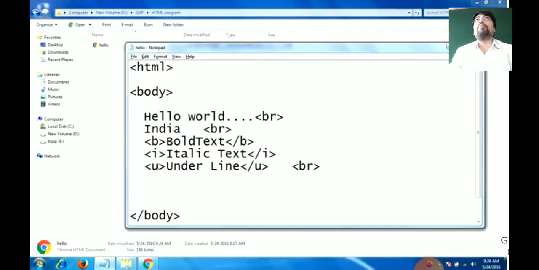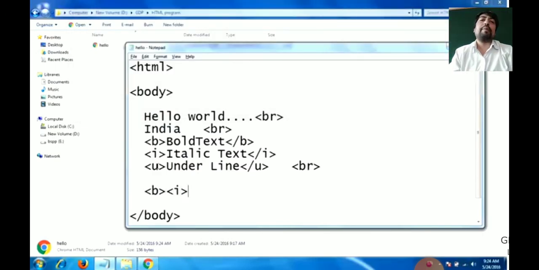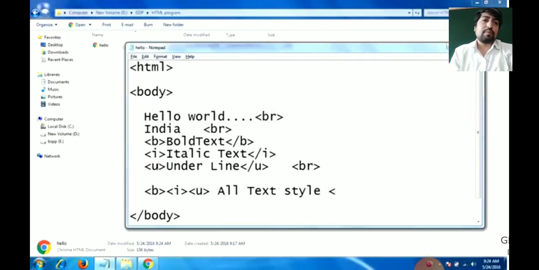After the br tag, it will be useful to insert the text. After the br tag, BIU will appear on the next line. Three different tags are there, all text styles, that will be useful for bold, italic and underline.